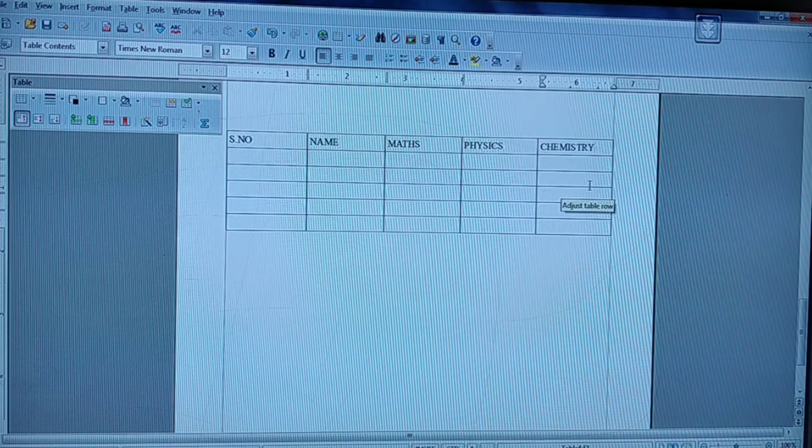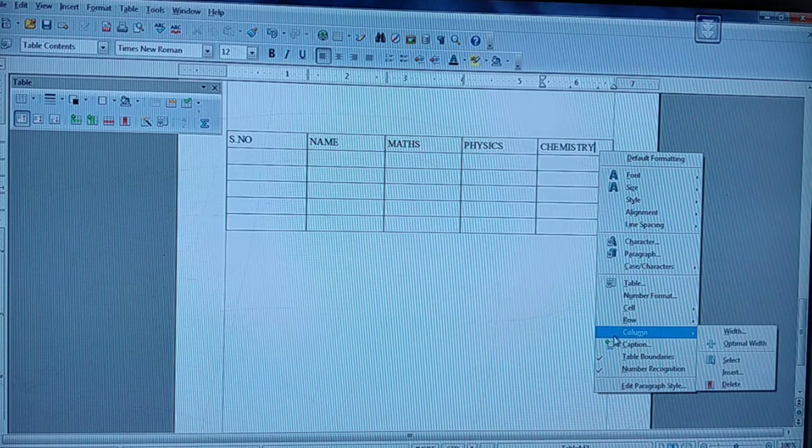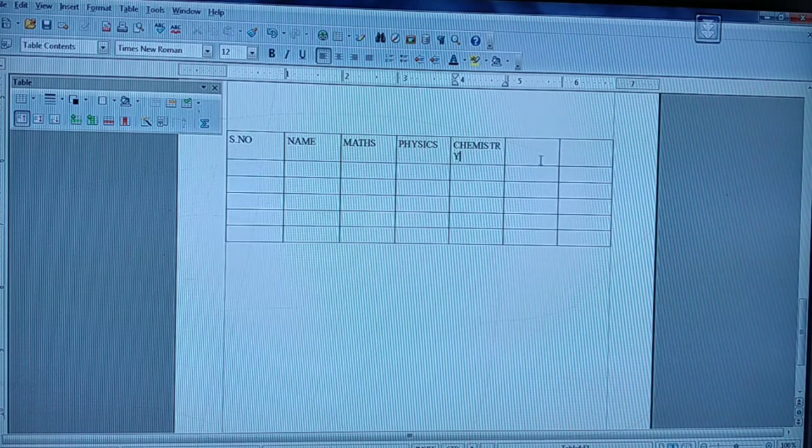After that I am willing to insert 2 more columns, for another subject computer, and for another it is your total. For that, what can I do? Now I am willing to insert a column. What I have to do? So I am having the cursor here. Just right click. What do you have to do to insert a column? Yes, I have to click column. So in that I have to click insert. Able to see? So now I need 2 columns. So I am going to give 2. Yes, you people see? Here 2 columns are inserted for you.